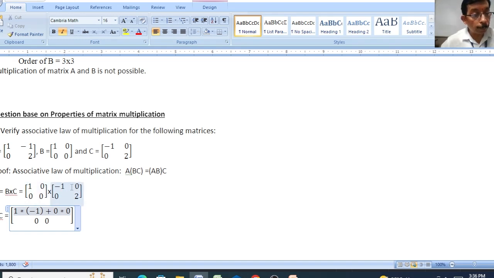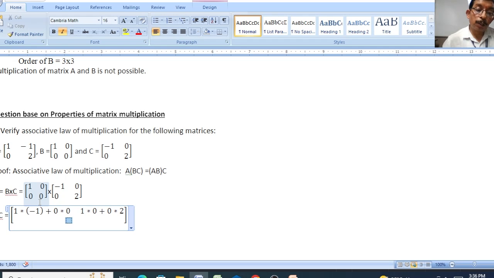Now the first row is multiplied by the second column. The first row, first element is 1 and the second column, first element is 0, so 1 is multiplied by 0, plus the first row, second element 0 multiplied by the second column, second element 2. Now the first row multiplication with each column is complete. Now we come to the second row, multiplied by each column of the matrix, and we receive the second row elements of the new matrix.